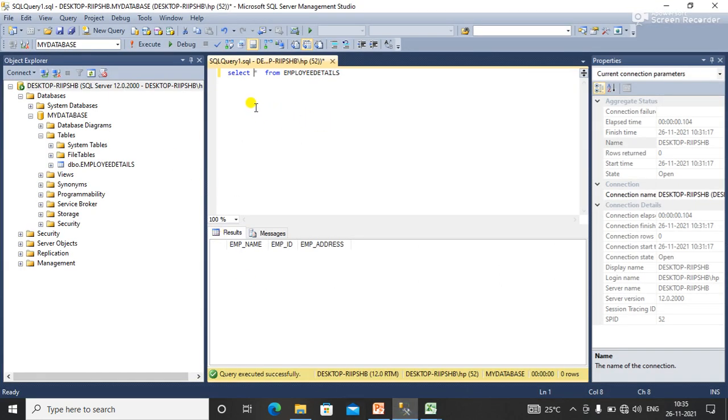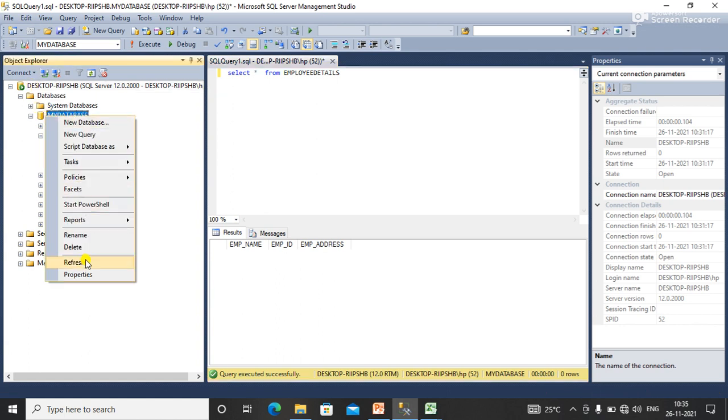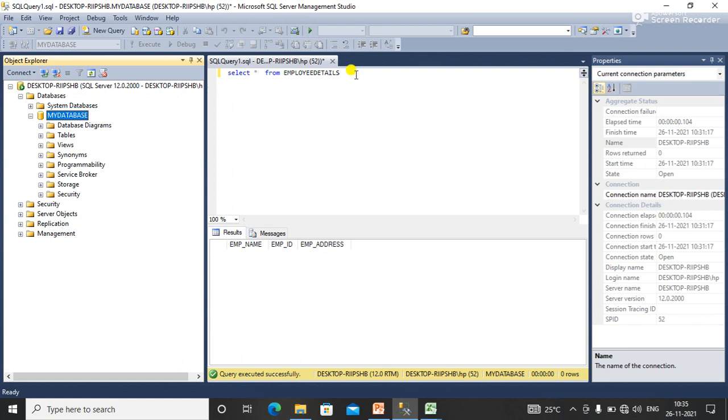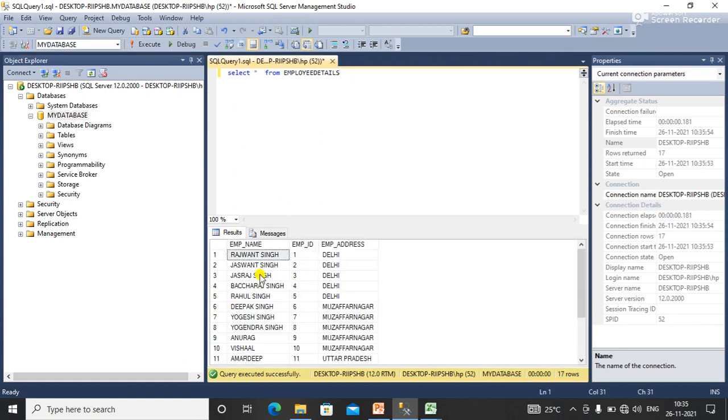Now I'll simply refresh my database. Okay, now I execute this command. Now you can see that here my data has come